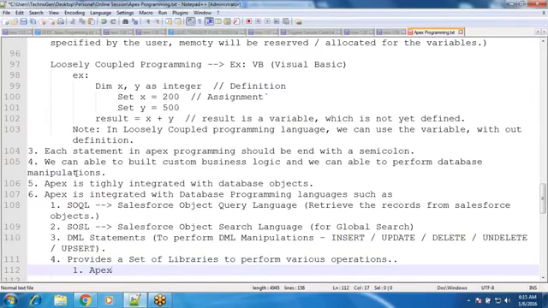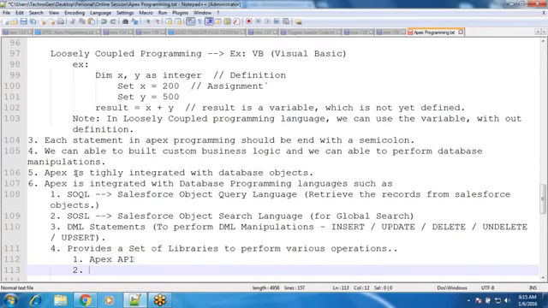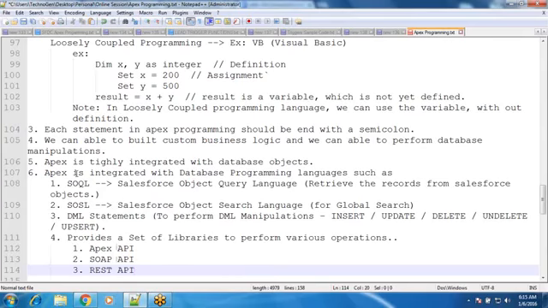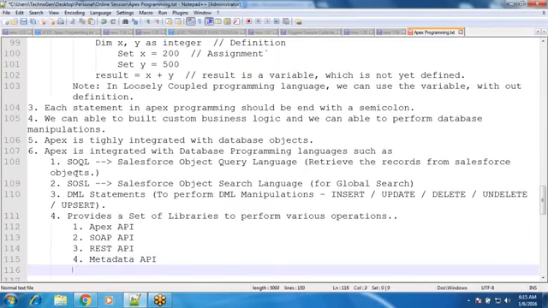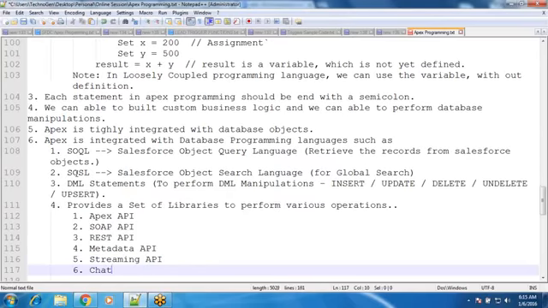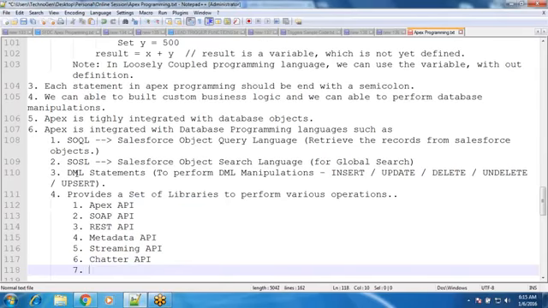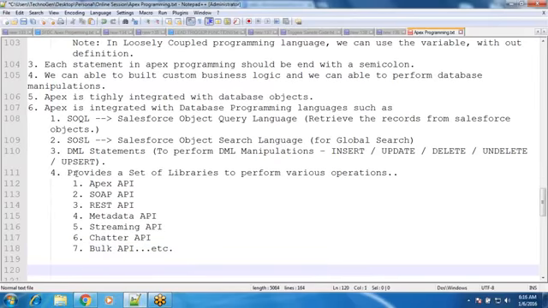Like we have Apex API, second one SOAP API, third one REST API, fourth one metadata API, fifth one streaming API, sixth one Chatter API, seventh one bulk API, like that, etc. So it provides a set of libraries in order to perform some operations in our